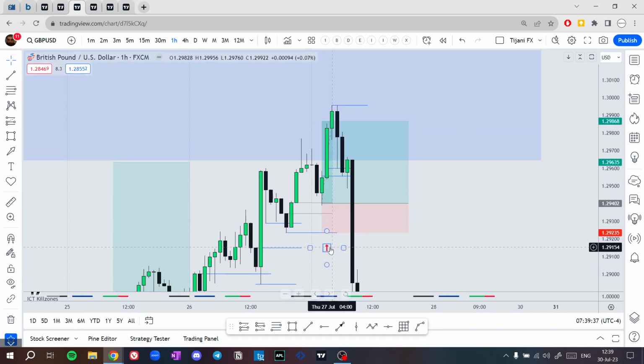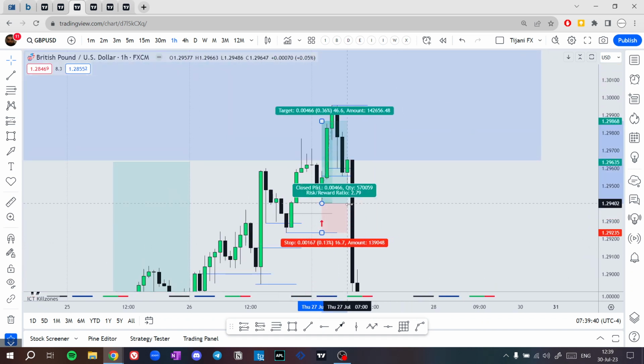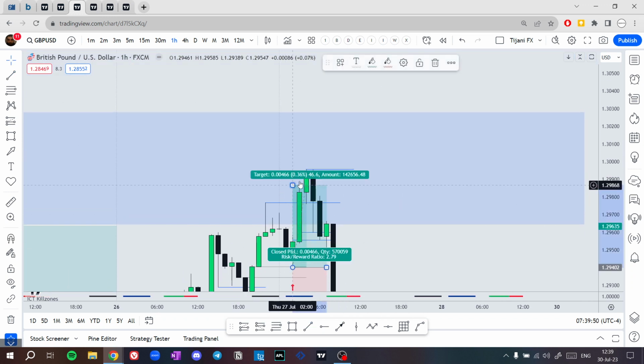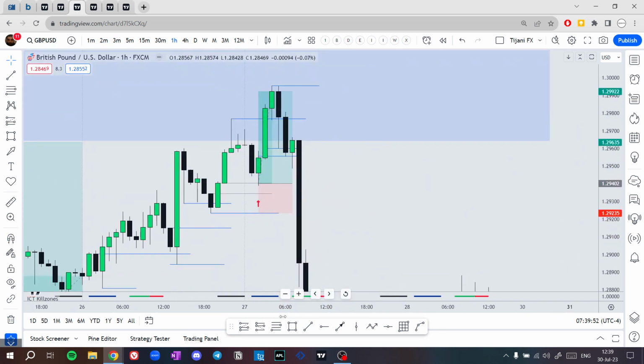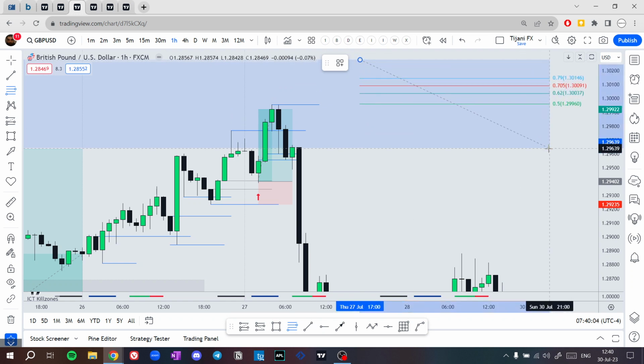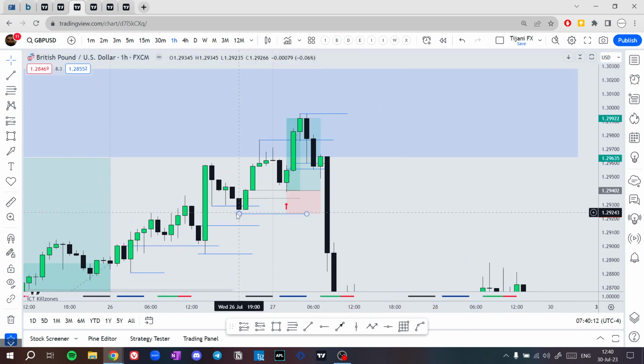So this is the second entry I could enter for GU and target this high here. Then the 50% of this fair value gap, and you see if we use our Fibonacci level to highlight the 50%, you could say the 50% was here to the pip, right? Then once price took this low here,